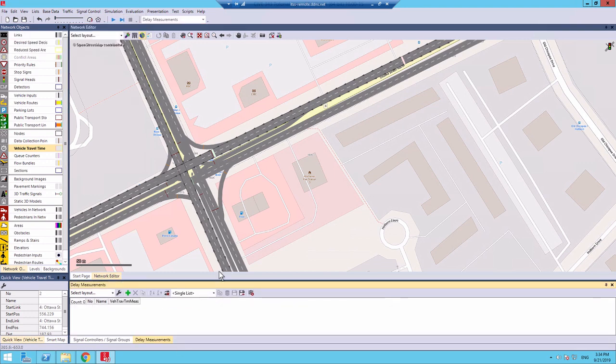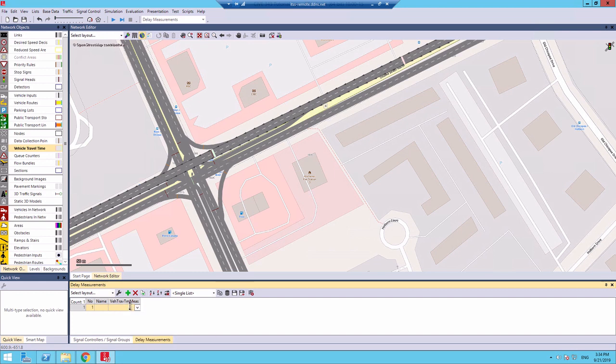That will open up your Delay Measurements box underneath the network editor. In this box, right-click in any of the blank space and select Add. A new row will appear, and underneath VTRAV to measure, or vehicle